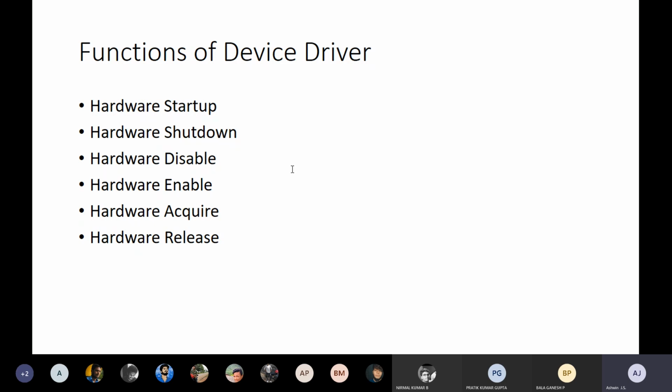And hardware release is used for unlocking purposes. Previously the printer was locked to only one computer, even though it is connected to multiple computers. It gives access to only one computer. Once I do the hardware release, it will be disconnected. Now the printer is available for all the computers, and next it will wait. If any one of the computers sends data to take a printout, then the printer will be locked to that particular computer, and the remaining ones cannot access it. So hardware release is to unlock it.